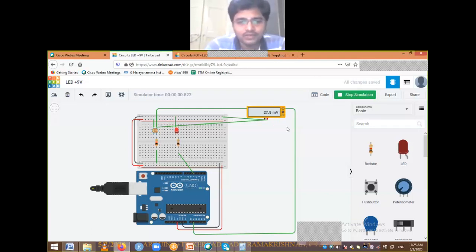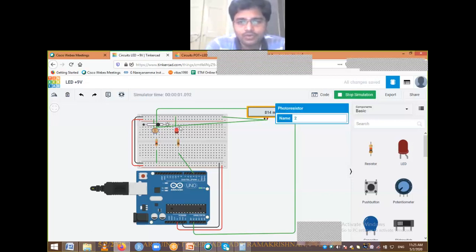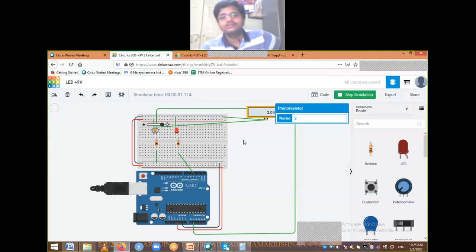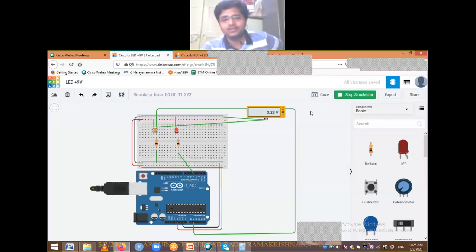2.78, something like that. When I move to light, you get something like 3.24, 3.26. We'll also consider an intermediate stage.